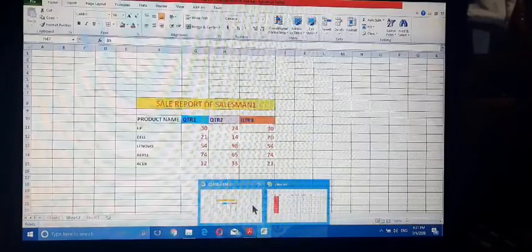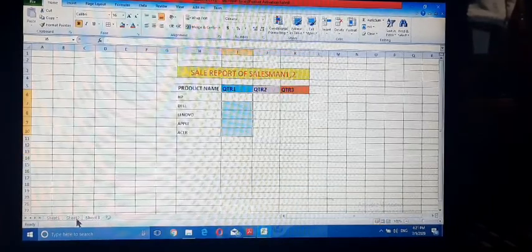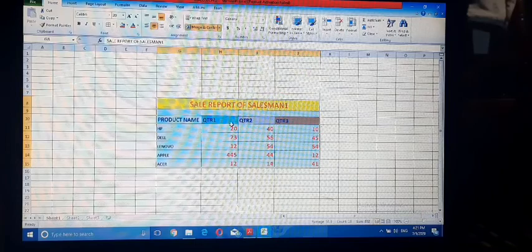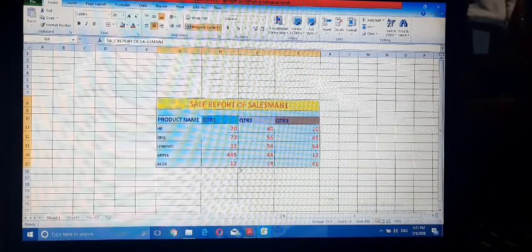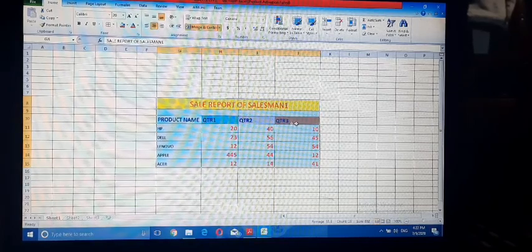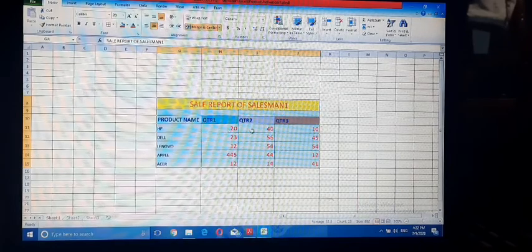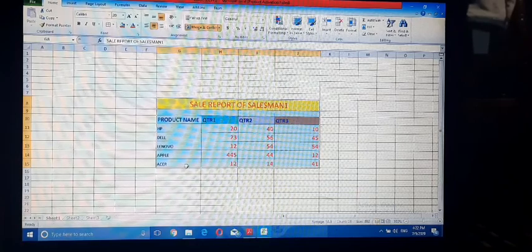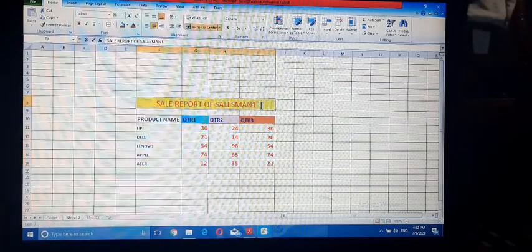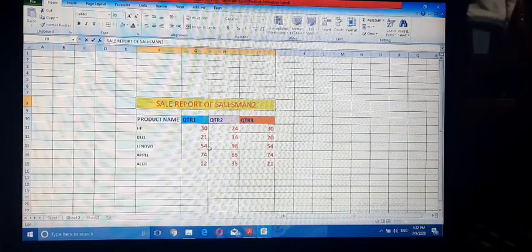Look at this. I have already created three sheets: Sheet 1, Sheet 2 and Sheet 3. Sheet 1 has a report of salesman 1's sales in quarter 1, quarter 2 and quarter 3. They are the product and the salesman's sales in each quarter. In Sheet 2, this is a report of salesman 2.